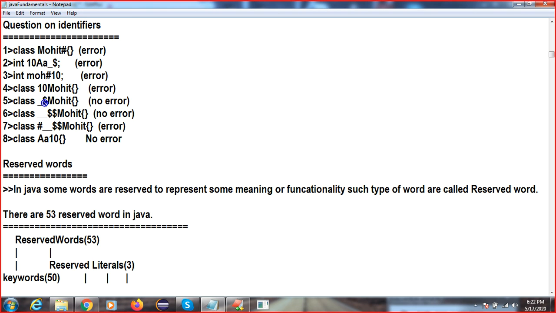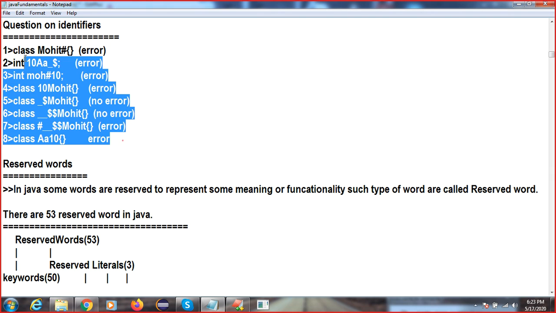We have used underscore and dollar here, so no error. Here we have used double underscore and double dollar. We won't get any error. You can use n number of underscores and dollars, no problem at all. Okay. Here we will get an error. Here we won't get any error because this digit is at the end, right? We already showed you in the practical part.